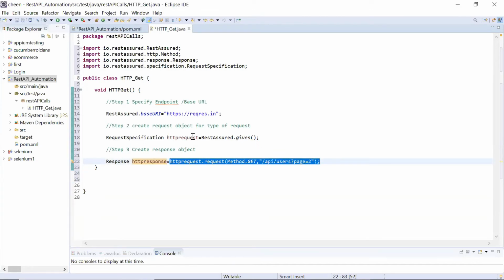So here we said httpRequest dot, and what is the request type? The method I'm using is get, and I'm using it on the service URL. So now RestAssured will send this request on this URL, and it knows the type of request is get. Whatever response comes will get stored over here. So this line will send the request, method is get.